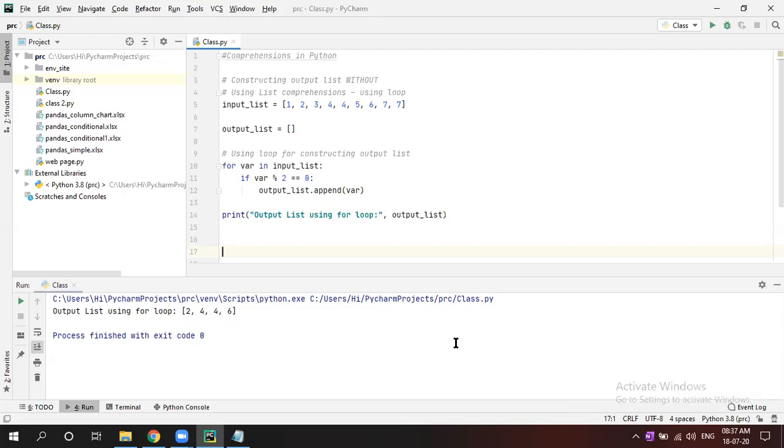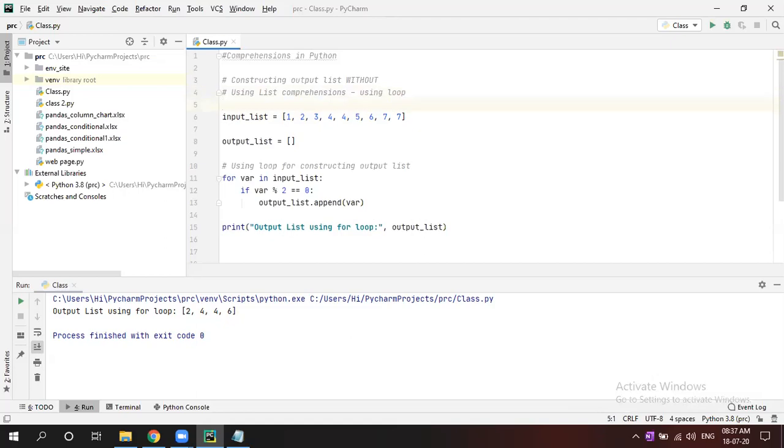Write the question here at the top, before this code: from a list, find only the even numbers. The question is, from a list, just find only the even numbers.